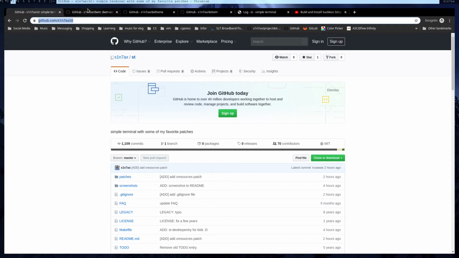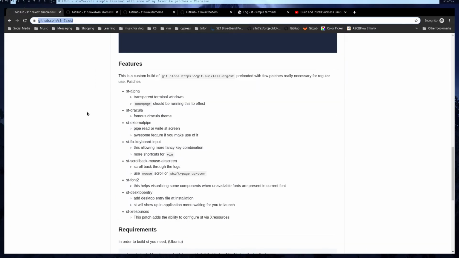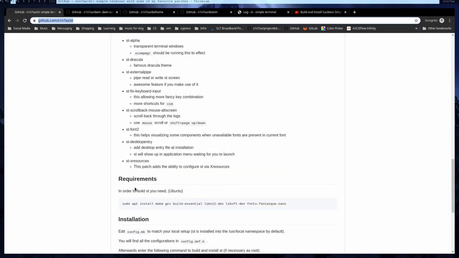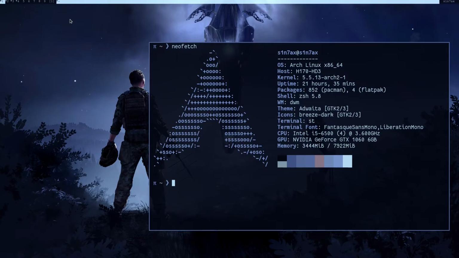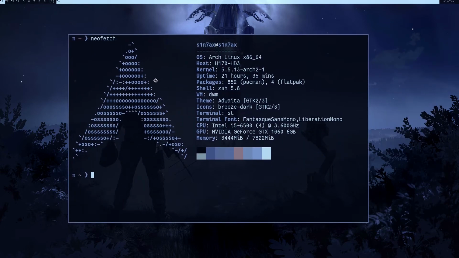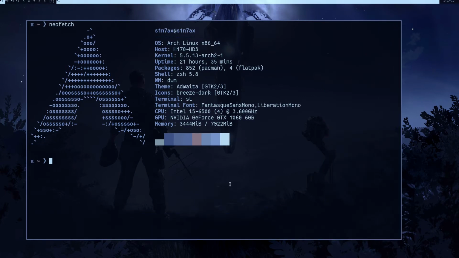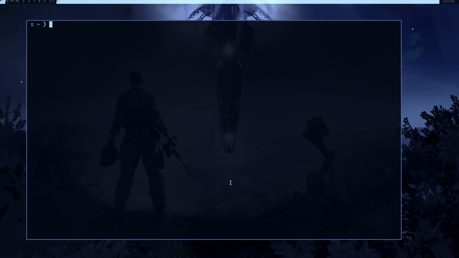I got ST and DWM. If you go to the description, you will find all the patches I have added. Recently I added X resources. That's why both DWM and ST look the same. I'm using pywal to basically generate the X resources file, so I don't have to change it each and every time